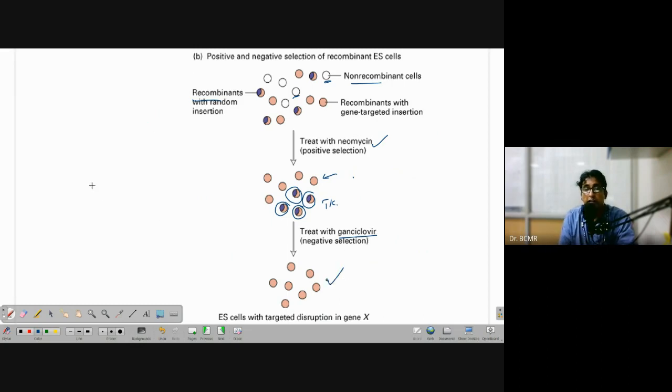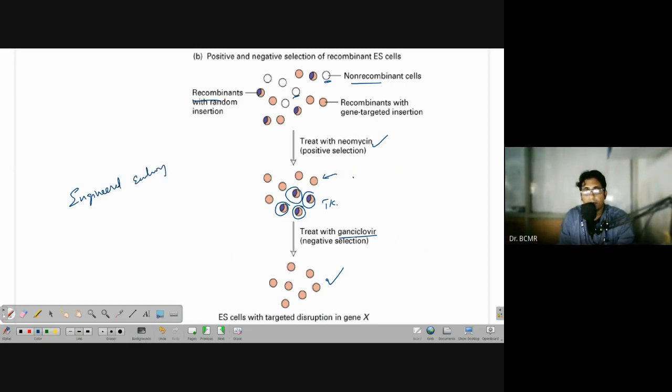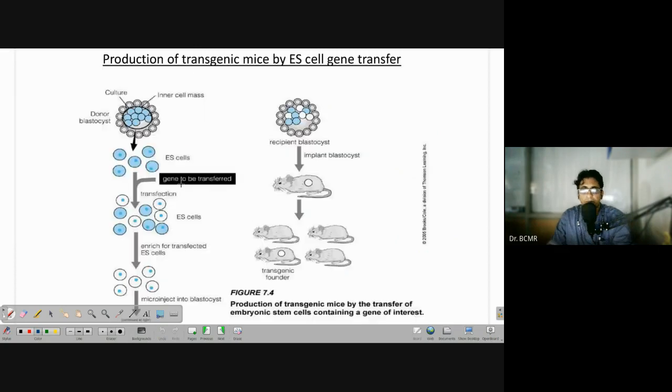So now what do we have? We got engineered embryonic stem cells. Right? We have modified them. We are a long way from getting to a transgenic animal. We didn't get this. These embryonic stem cells can give rise to all types of tissues, but not a whole organism as such. Okay, we will discuss those. You might have already studied, but even then, if not, we will still discuss it some other time.